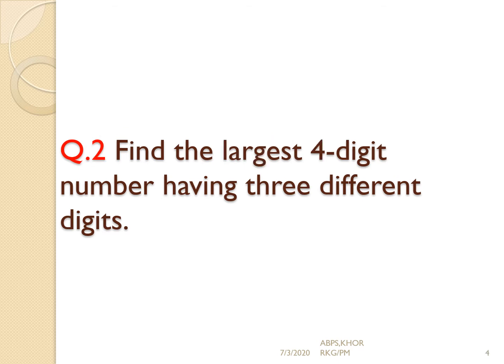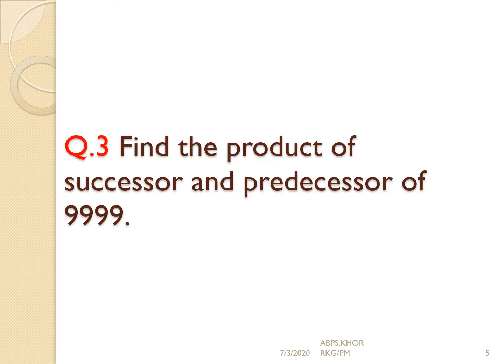Question number 2. Find the largest 4-digit number having 3 different digits. Once again, 3 different digits. Digits are the same, 0 to 9. Now the condition here is largest 4-digit. It means we are going to arrange the digits from 0 to 9 in descending order. Then from the left side we will get 3 digits 9, 8 and 7. Now frame the largest 4-digit number. Come to the next question.